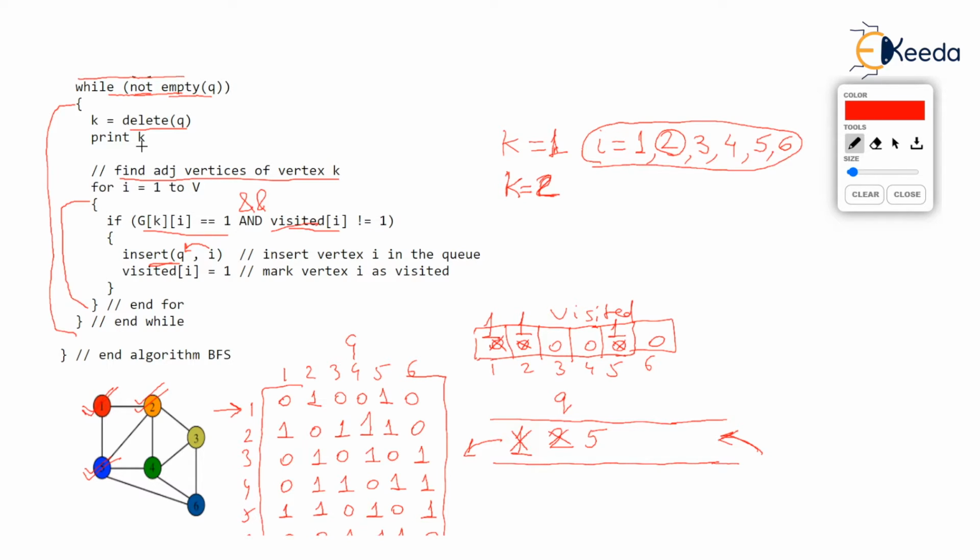Now after printing 2, we will see who are adjacent to the second vertex. Note the queue diagram. 2 is no more in the queue, but whoever is adjacent to 2 will join the queue now so that they can be processed later. So how do you see who are adjacent to 2? It's very easy now. All of you know it very well.